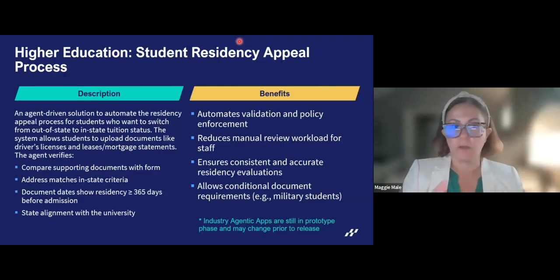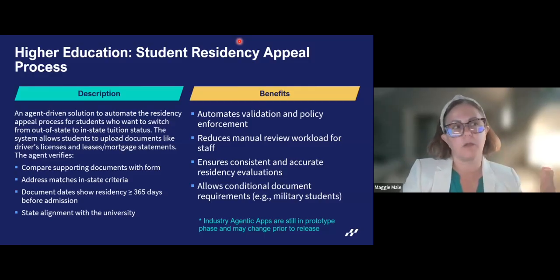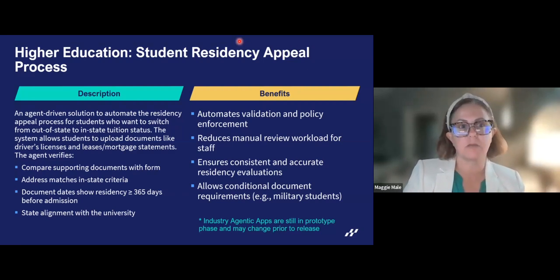It does automate some of those validation processes that we're talking about. It also can reduce some of those manual review hours. And it also can allow us to trigger a process where the student is notified if something is immediately flagged on the document that isn't supporting their case, or if they would need to submit a different document.